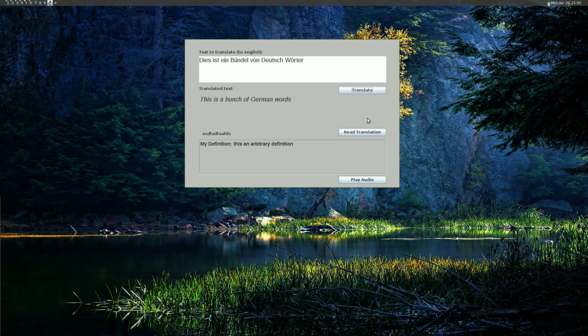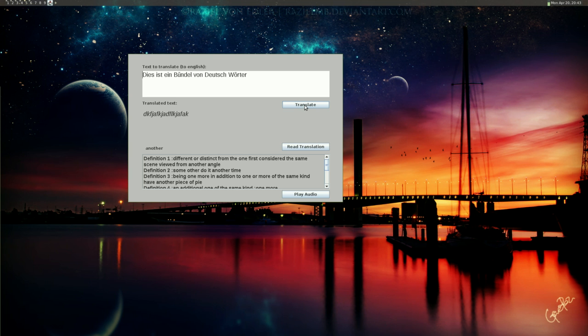So This be a bunch of German word German word of bunch So another example. This be a bunch of German word Okay, so